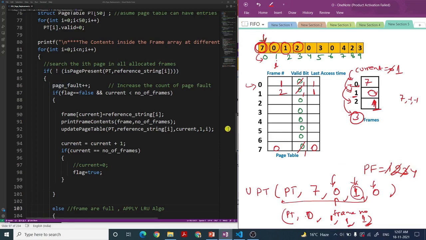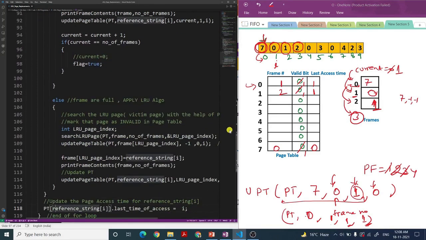So basically the flag is now not false, it is true. Until the point the flag was false, go inside, but now it is true. So true equal to false, no, do not go inside. So I'll not check this thing. The flag is a barrier which checks the first condition. If it is true, then only you can go out of this if. So the flag is true, go out of this if. Now basically come to else.